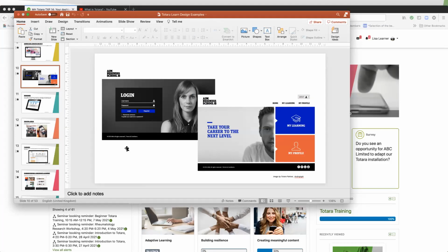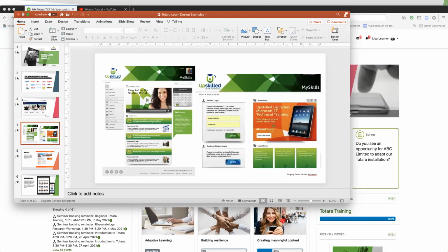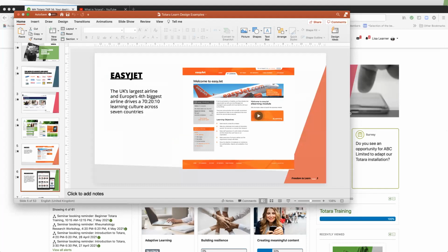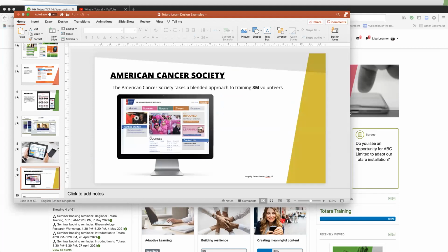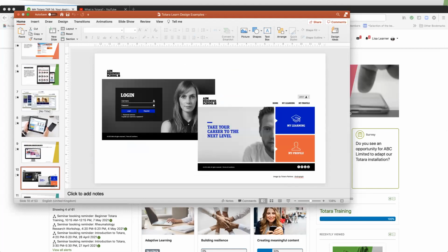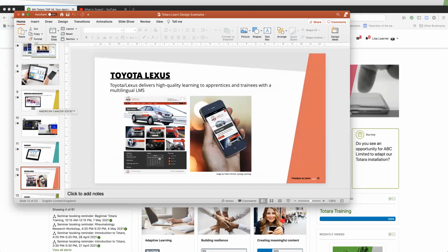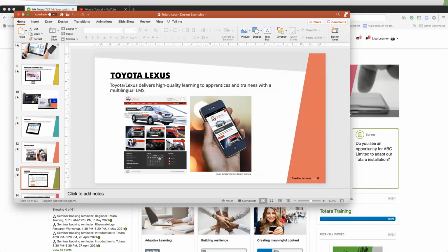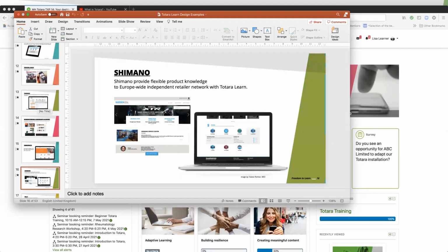But of course, with it being Totara and the way that Totara products work is that you can rebrand it. So here's a couple of screenshots from some various Totara sites. I'm just going to skip through these super quickly. And these just demonstrate that you can add a fully branded experience. You might want to strip down the navigation, such as you see in the AIM Business School idea. You might want to make things particularly branded, such as the Toyota Lexus site. You might have more of a minimal type look, but you have lots of options.